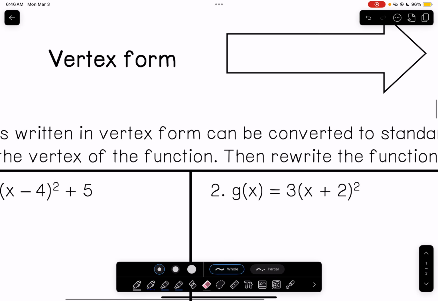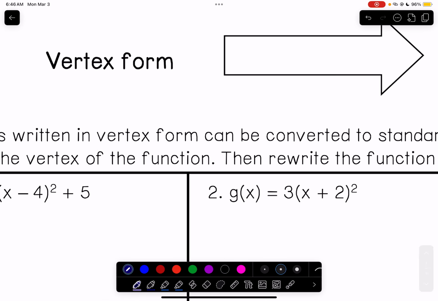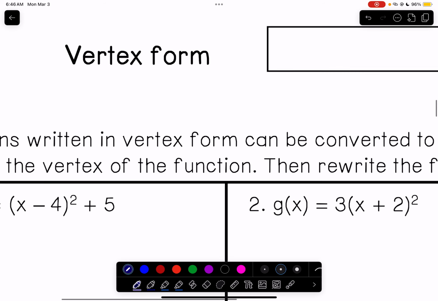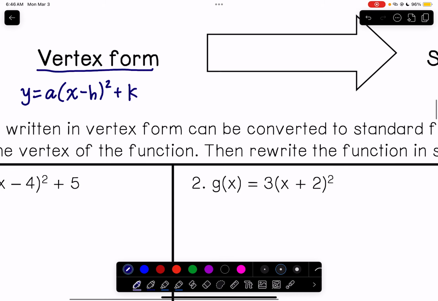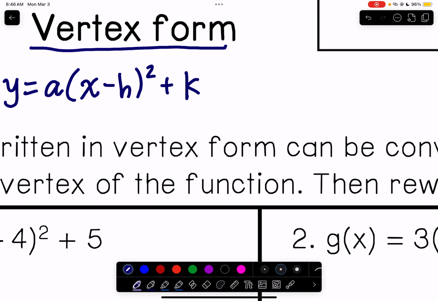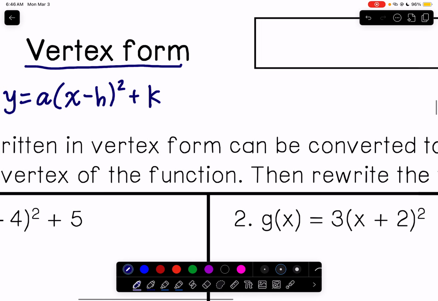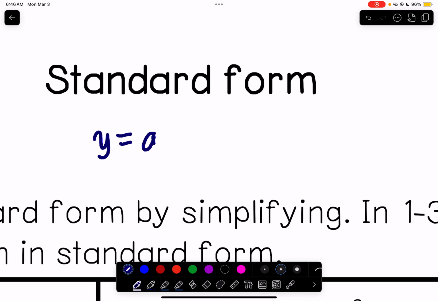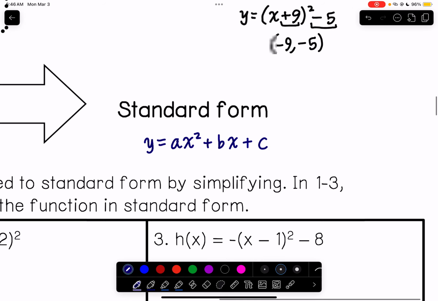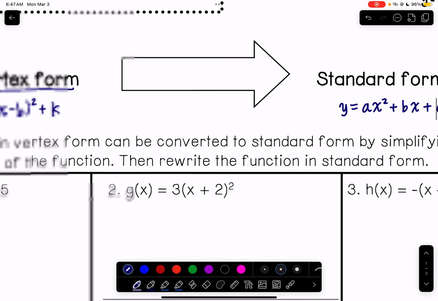Let's go over how we go from vertex form, which I want you to write this. I want you to get used to knowing what this looks and feels like. Vertex form, which is y equals, you're writing this, a times the quantity x minus h squared plus k, where a is the same as it usually is, and then h comma k is our vertex. To get that into standard form, which is y equals ax squared plus bx plus c, we simply need to